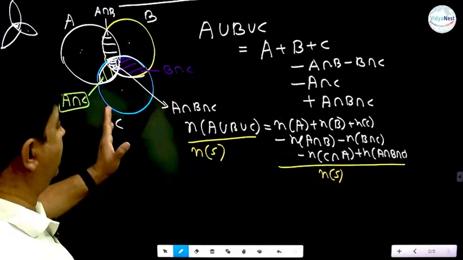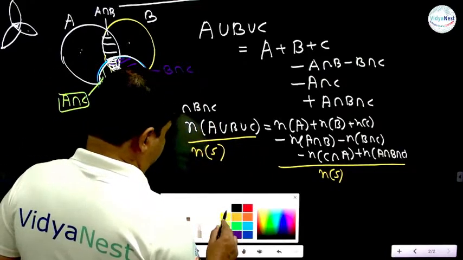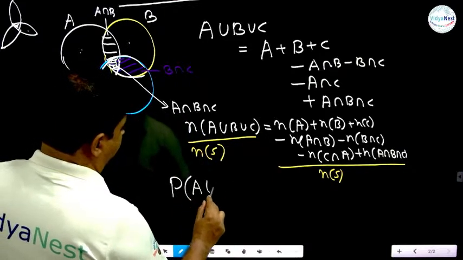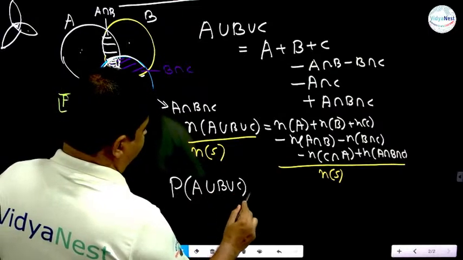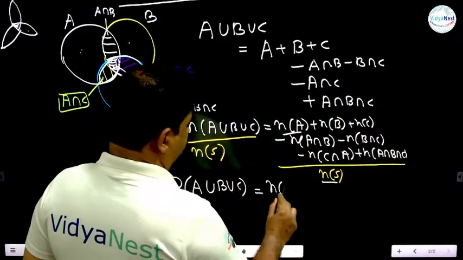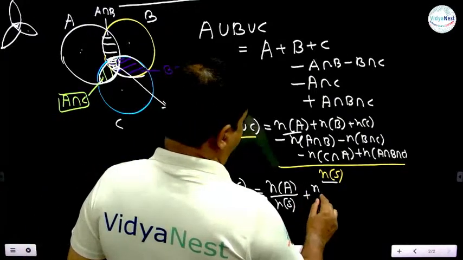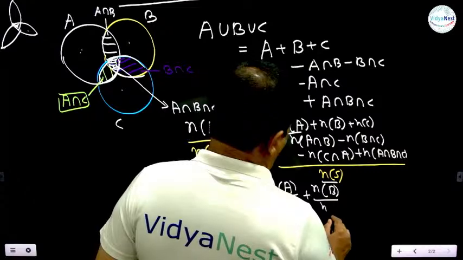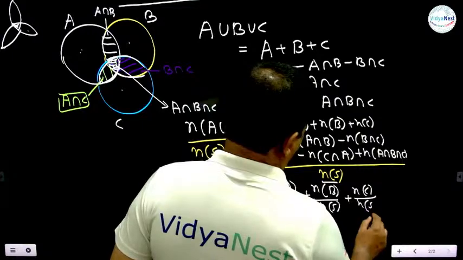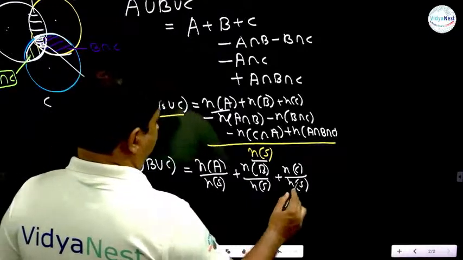So, by the law of probability, this will become P of A union B union C. Here NA by NS, NB by NS, NC by NS, minus